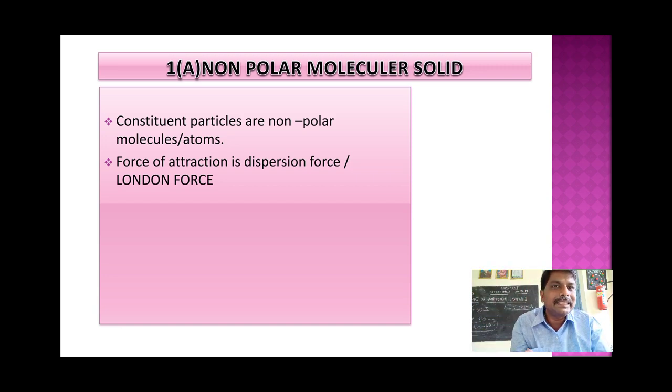These are called gases. But we are discussing solids here. Actually, they are gases only. If that gas is converted into solid, which type of solid does it come under? Non-polar molecular solid. That means these substances generally exist as gases at room temperature. If the temperature is very low, much less than room temperature, then that gas can be converted into solid, which comes under this category, that is, non-polar molecular solid.